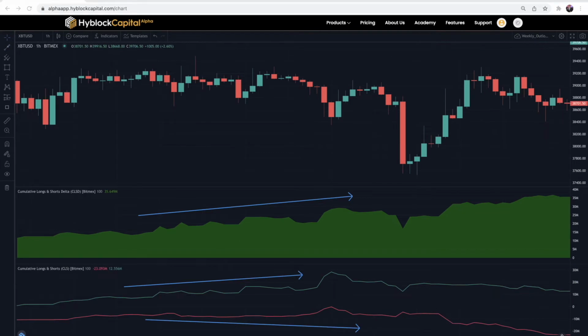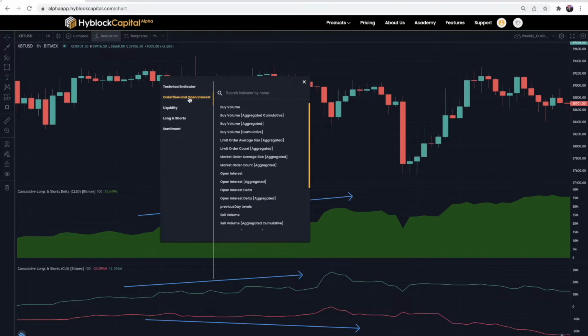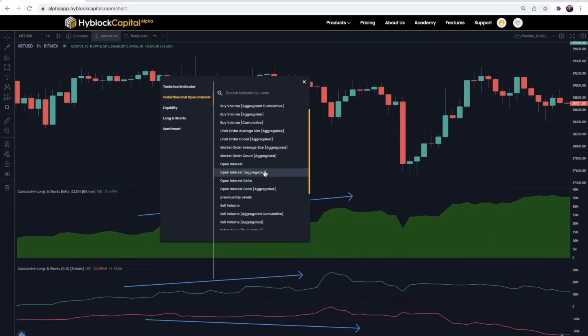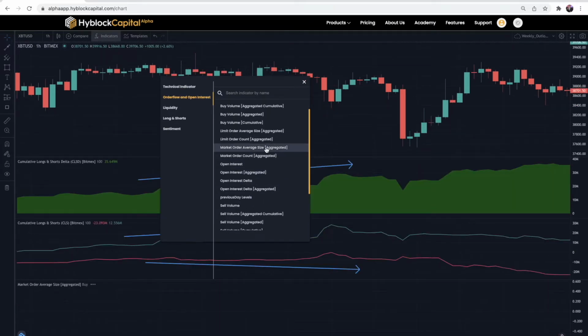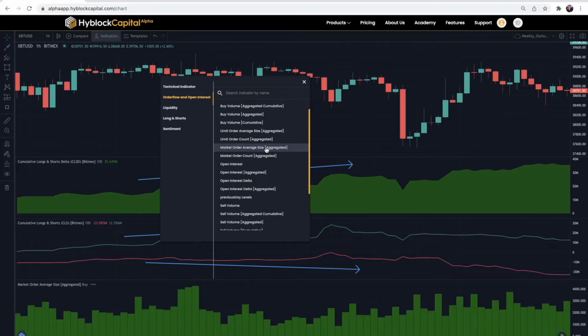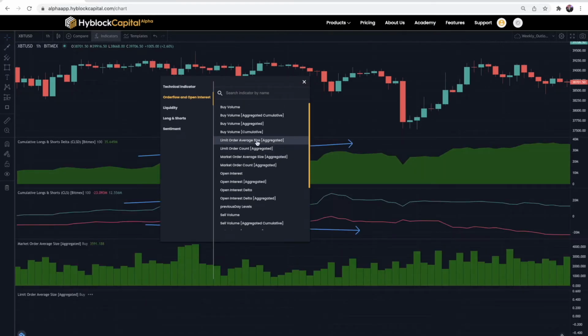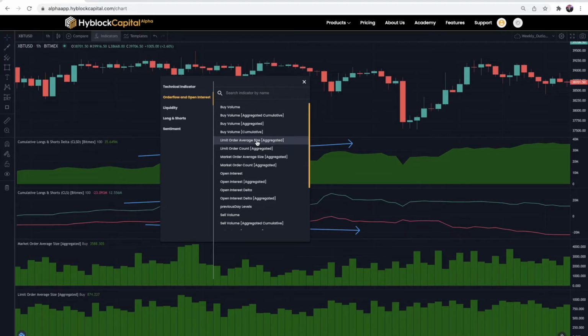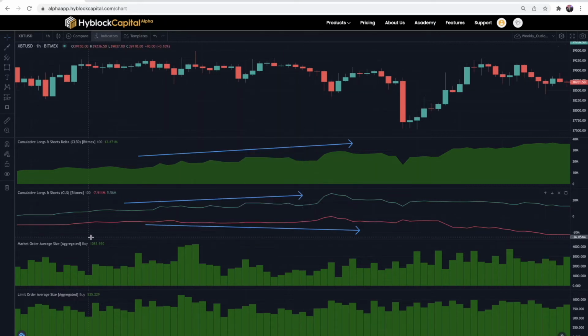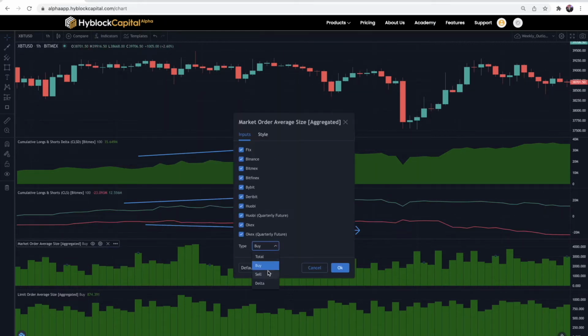To this chart, we can add market order average size, which is under indicators, order flow, and open interest, right over here. This tells us the average size of all the aggressive orders, or the market sells and market buys, for each candlestick. And to this, we can also add the limit order average size, which is the average size of all the executed limit orders for both the bids and the asks. For each of these, we can change it to delta,